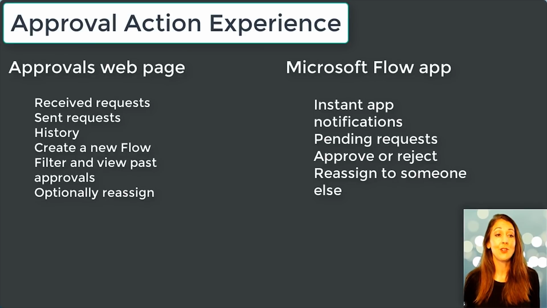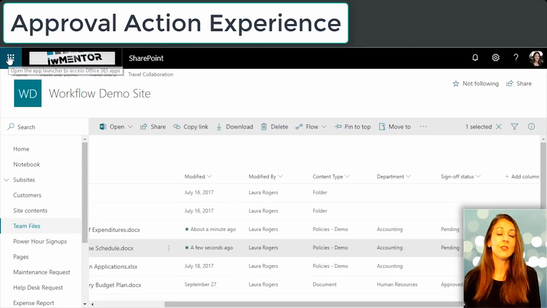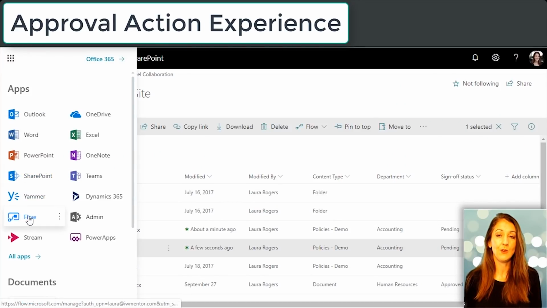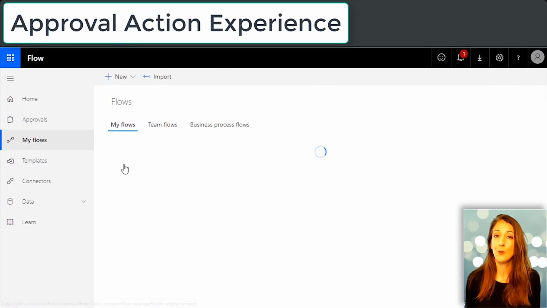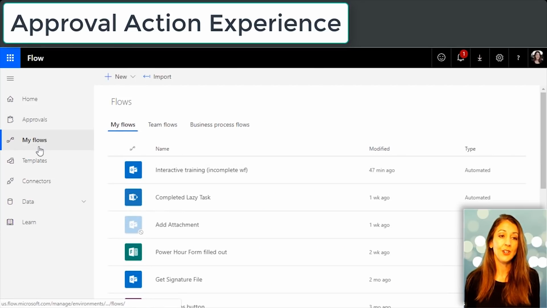Now that we've established what content approval does, what request sign off does, and what some of those new settings are in your library, let's talk about the actual experience for end users when they are assigned the approvals, when they go through that experience of approving and rejecting things, getting those emails. So for end users, there's an approvals webpage. When you go to flow.microsoft.com, you go to Flow in your app launcher, or you go to your Flow mobile app,